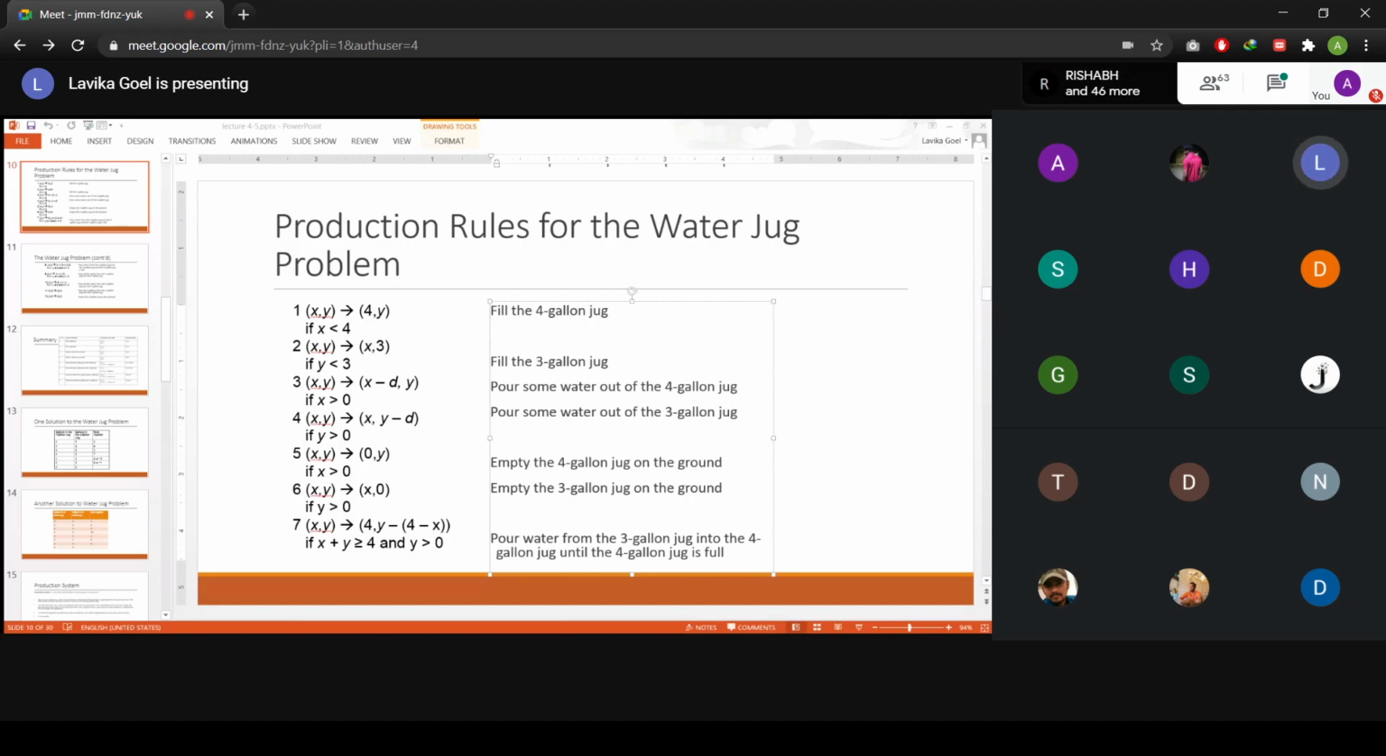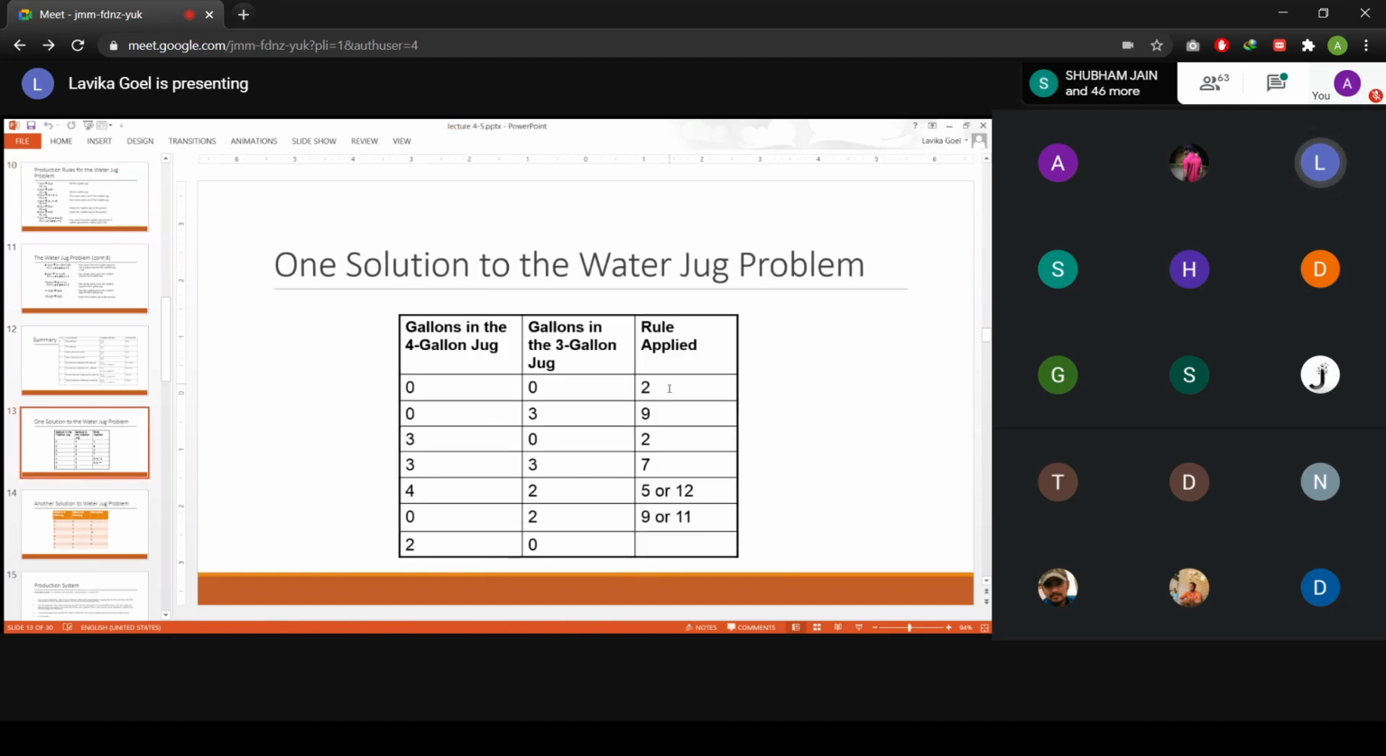The control strategy should be systematic. The meaning of this is that suppose you are randomly choosing the rules. In our case we were applying the rules in this order: 2, 9, 2, 7, 5 and 9. Suppose you are not applying in this order. Suppose